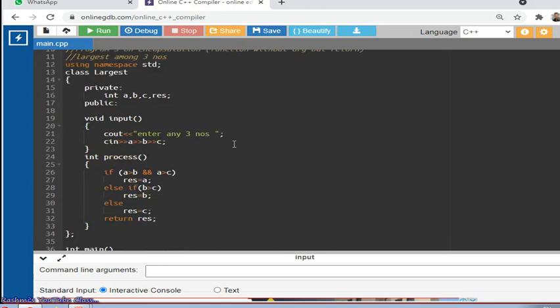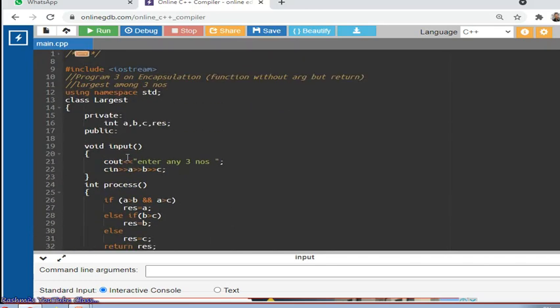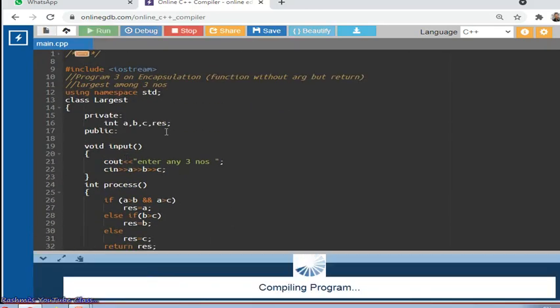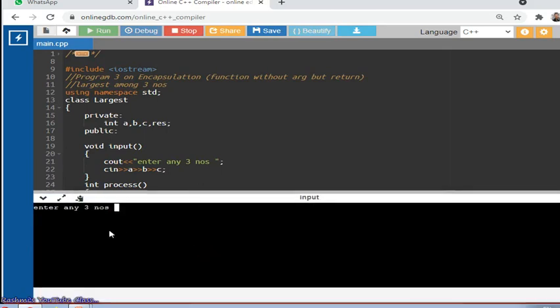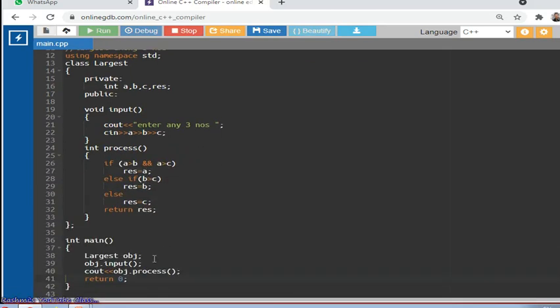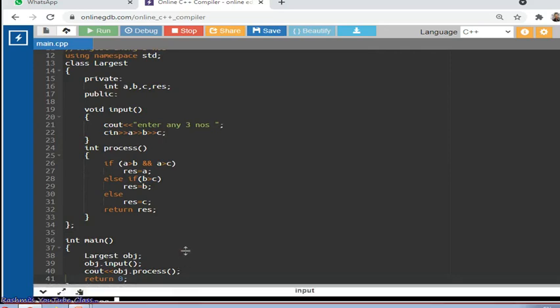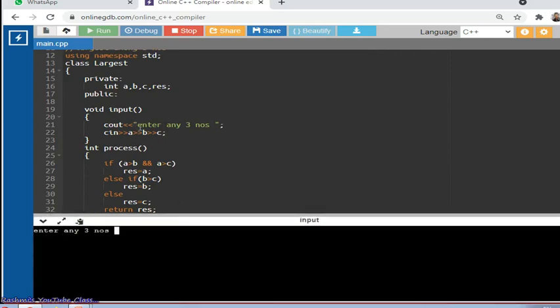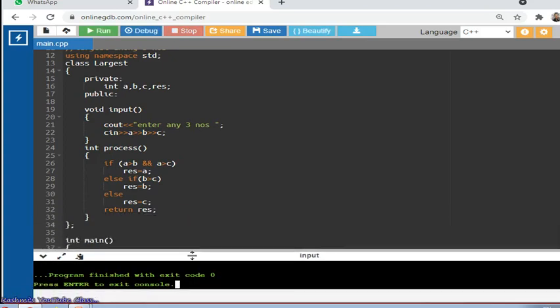It means what is happening, or what is it doing? All of you please check first, then we will discuss. Asking for 3 numbers, and where is that asking for 3 numbers getting done? In the main function. So it is calling. Calling means it is executing this side and asking for 3 numbers. Okay, let's provide 3 numbers. After entering 3 numbers, when I press enter, what is it doing? It is showing the largest number. And how is it showing?